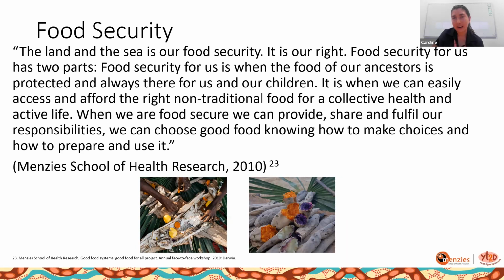People living in remote areas experience higher rates of socioeconomic disadvantage and poor health compared to urban areas. For example, Cape York is classified as very remote, and the cost of food is 30% higher while the median income is approximately 30% lower than urban areas. So this means that people are spending a higher proportion of their total income on food, and is concerning given the level of inadequate real employment opportunities.